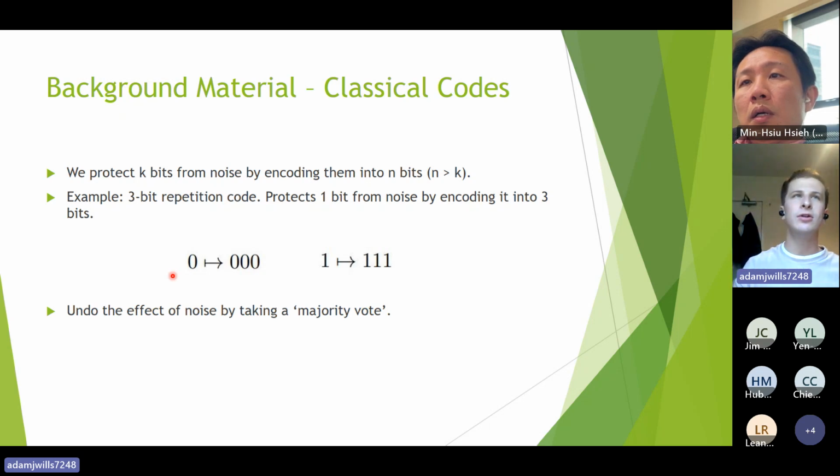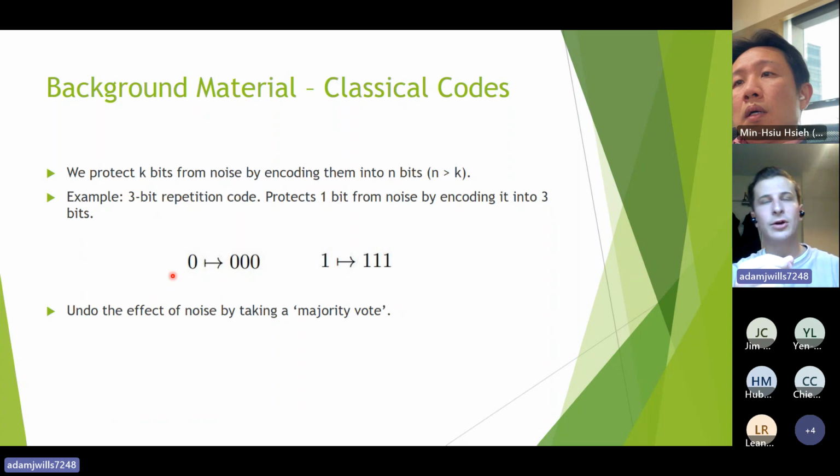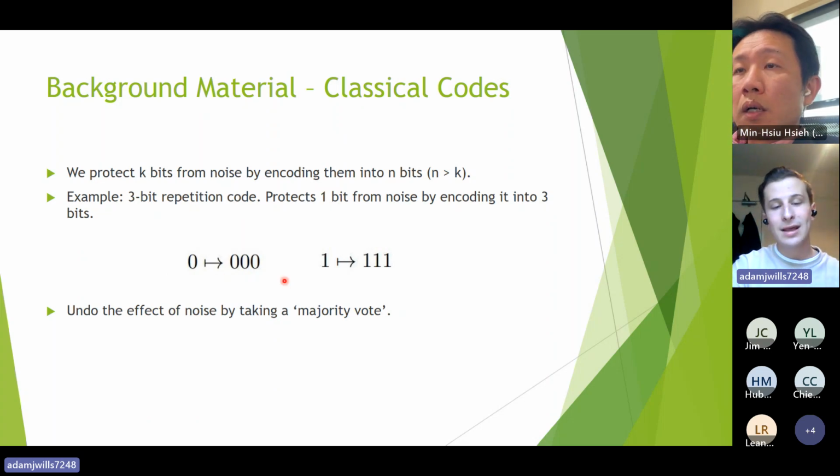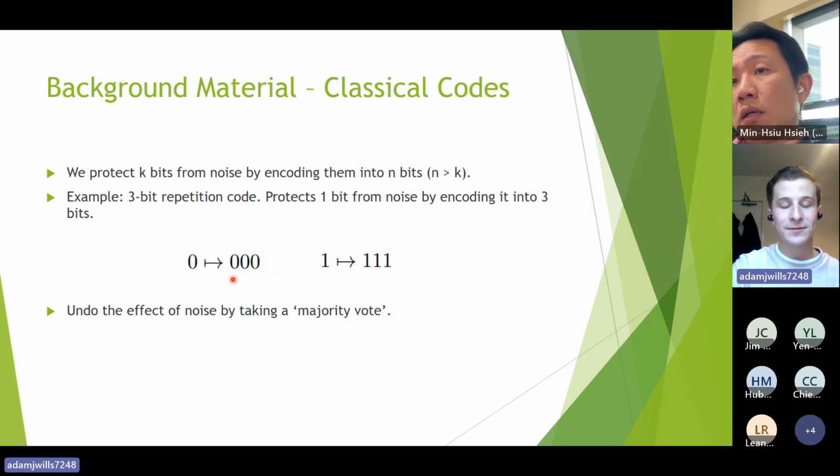So if we're assuming that our noise is acting independently on each bit and with some small probability p, then after the noise acts on our code word, we might observe something like 0, 1, 0. And then we say to ourselves, it's most likely that that came from 0, 0, 0, so I'll put it back to 0, 0, 0 and decode to 0. And so in fact, you're taking a physical error rate of p, and you're going to change it into a logical error rate that goes something like p squared.